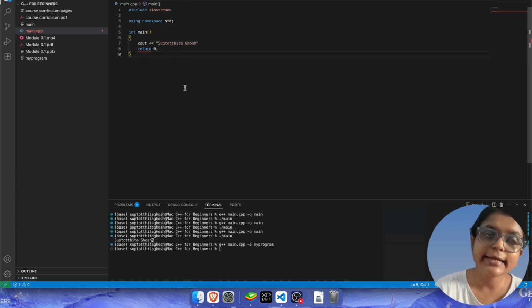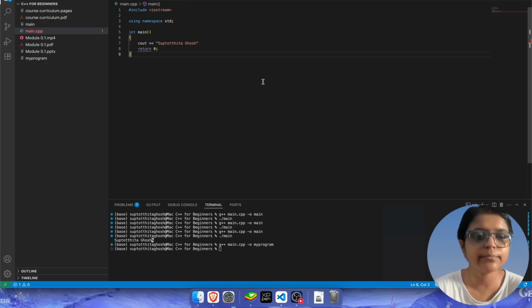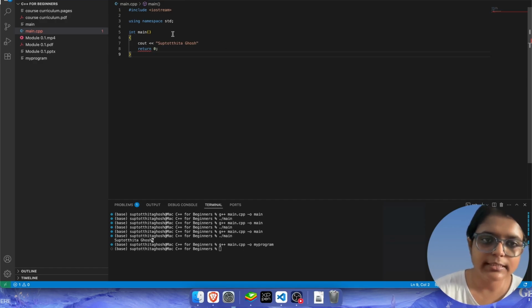Int main or any other function, these are basically called functions, which we will discuss later in the course. A function name is always followed by parentheses. So these are the syntaxes that you cannot mess with. You have to keep them intact. You have to remember where to apply what. But obviously you guys are beginners, you can make mistakes, right? So suppose you have made a mistake and you forgot to type a semicolon here.